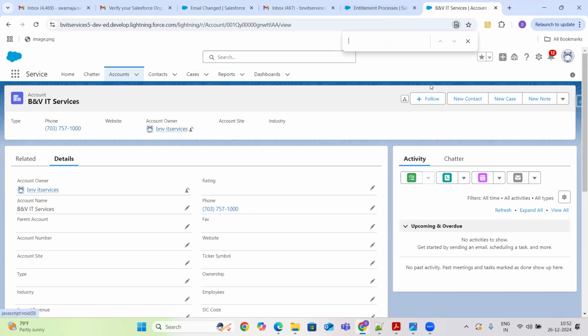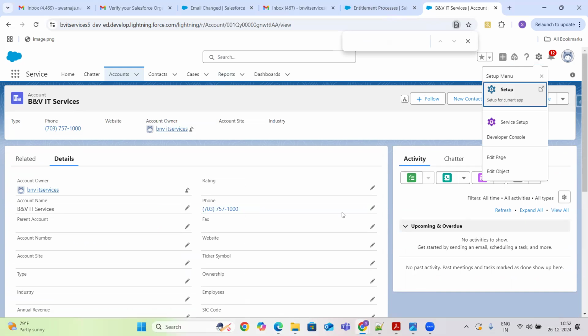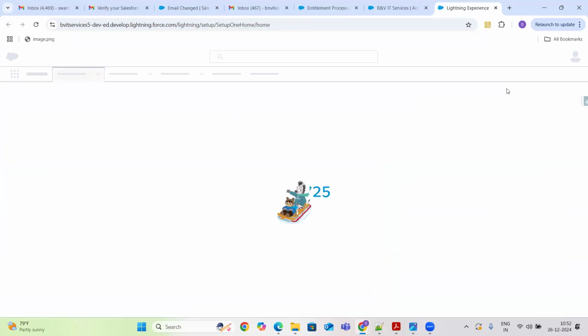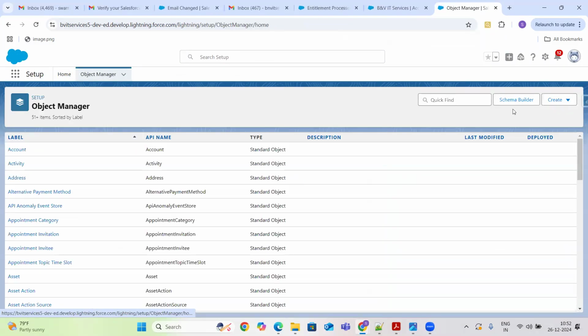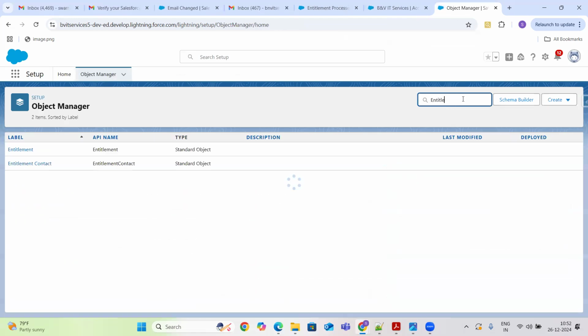So I can go to the object manager. Right now I just verified, I can't select the entitlement process from the account record. So first I need to see the object manager. For the entitlements, guys, you just search for entitlement.